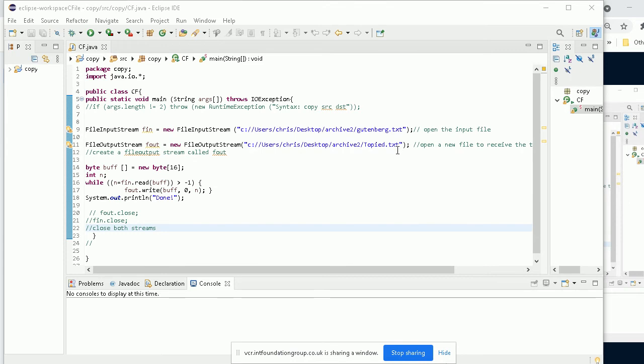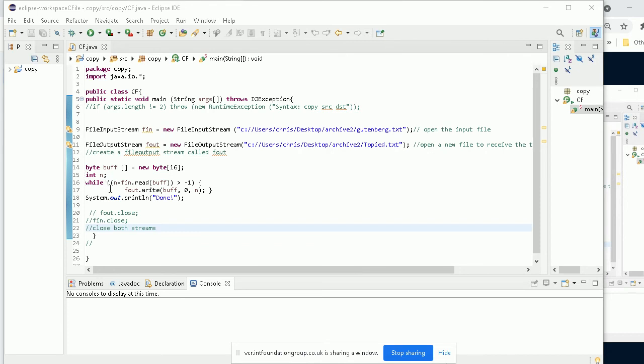I'm going to talk about arrays a bit later on and the way in which you can create arrays. But buff is just an array of 16 bytes, and it hasn't been initialized to any data. n is simply an integer variable, and here I've got this while loop.